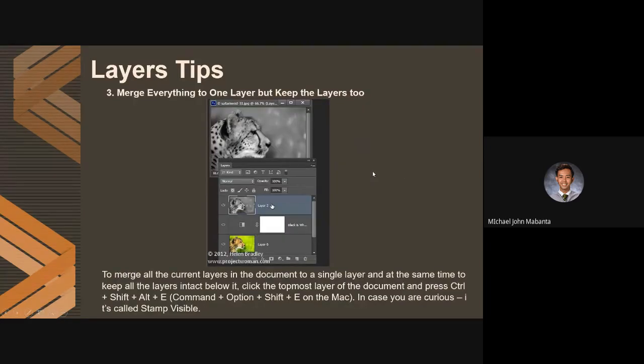Okay, next. Merge everything to one layer but keep the layers too. To merge all the current layers in the document to a single layer and at the same time to keep all the layers intact below it, click the topmost layer of the document and press Ctrl-Shift-Alt-E or Command-Option-Shift-E on Mac. In case you are curious, it's called Stamp Visible. So ayun,